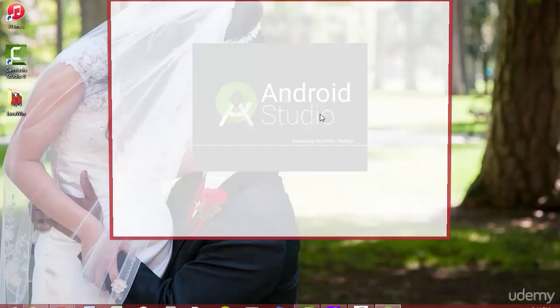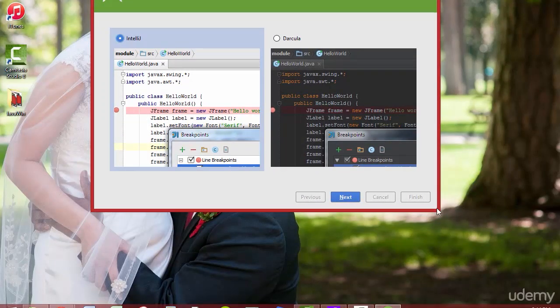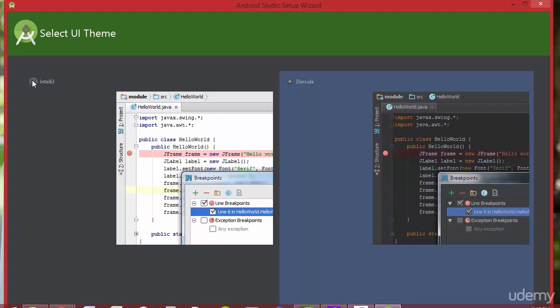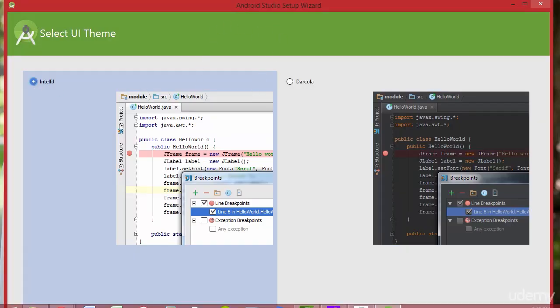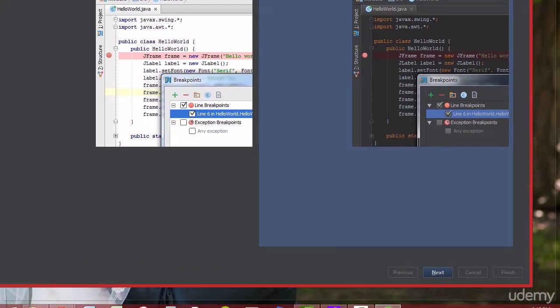So Android Studio is still doing its thing, and there you have it. Now we have our Android Studio all set up. As you can see here, when you first start, it gives you the option to either use the IntelliJ theme, or if you want to use Dracula. Dracula, I like it because it makes it easier on the eye. It's darker, and I like that. But whichever you want, I'm just going to choose Dracula here,